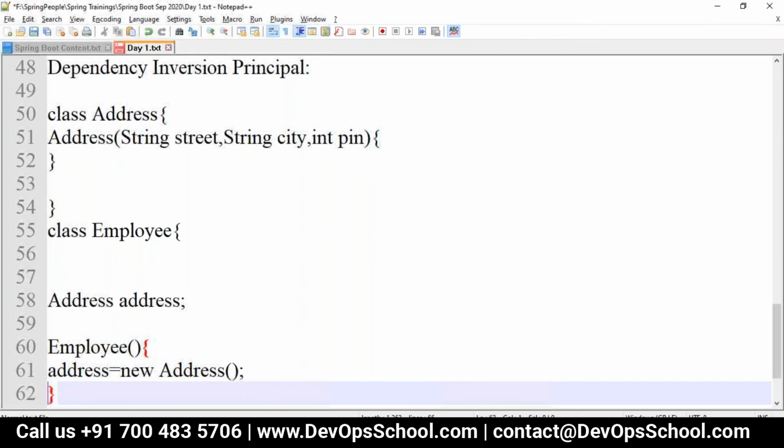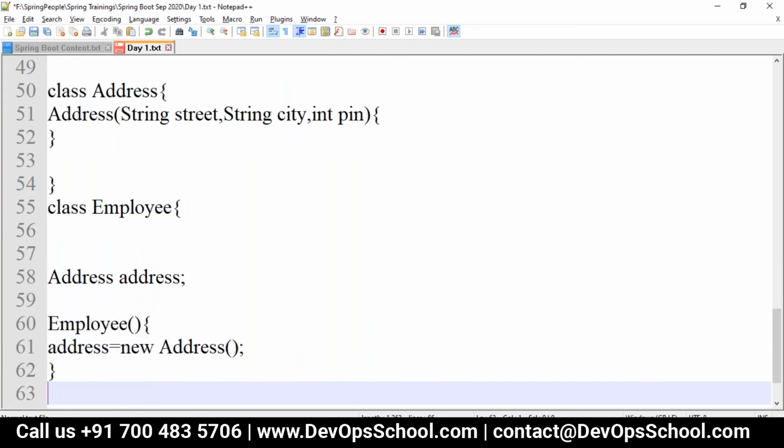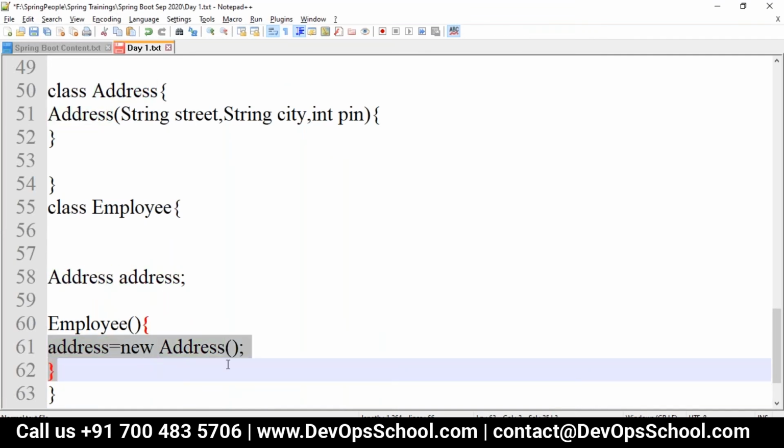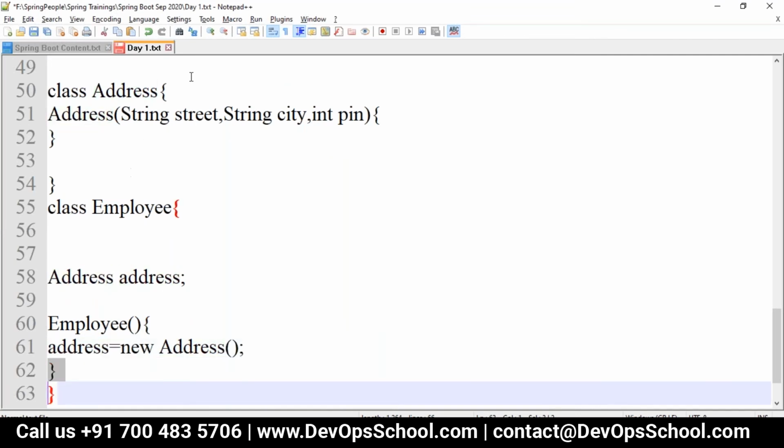Now my Employee class will not compile. The compilation error says, at line number 61, there is no default constructor present in the Address class, because the Address has a parameterized constructor. So the new operator results in a class being tightly coupled to another class.